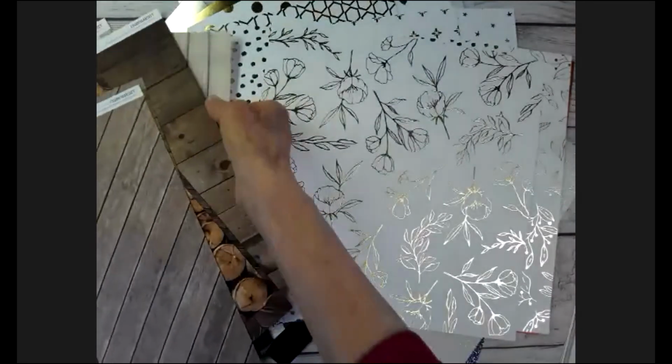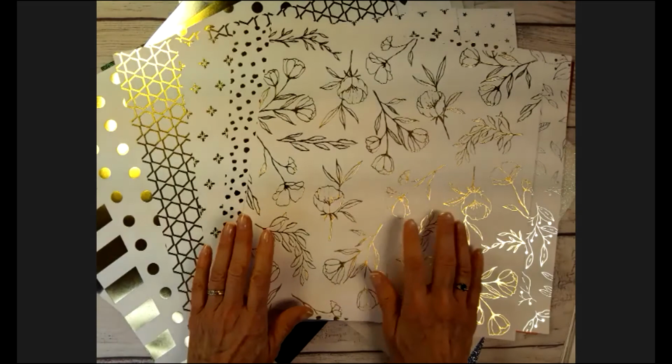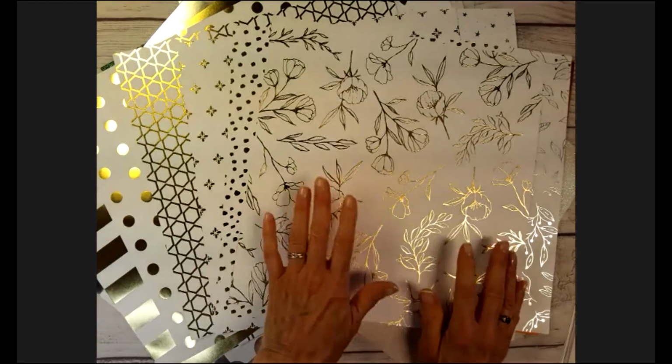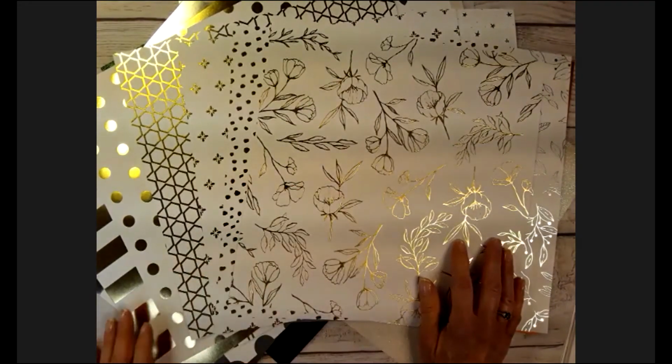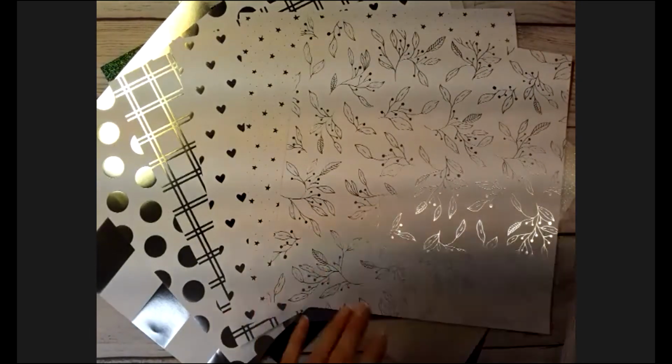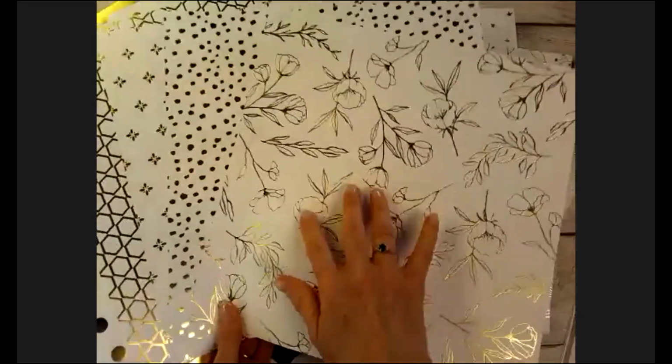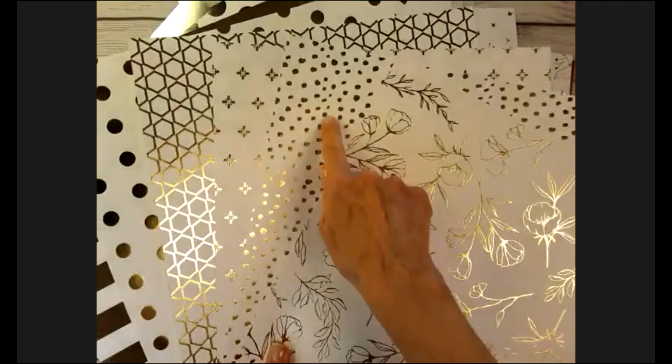Now, the next set of papers do not have a front and back because they are foiled. We've got a set of gold and we have a set of silver, okay? Let me show these, and you can see that you've got a beautiful floral pattern, kind of just a random pattern,